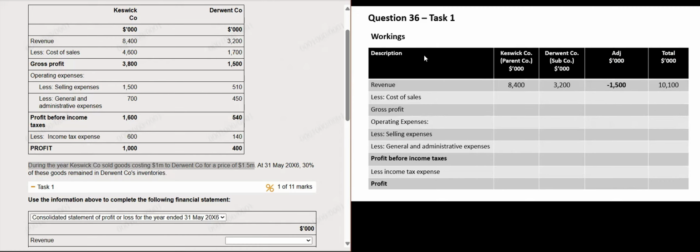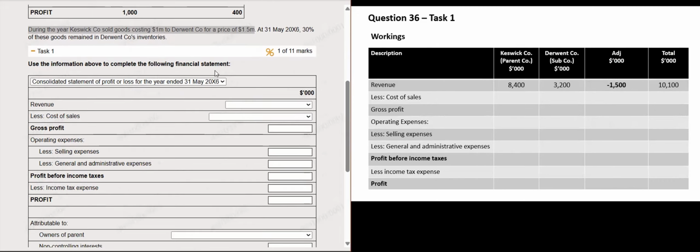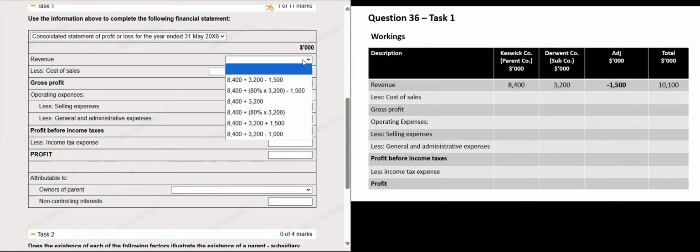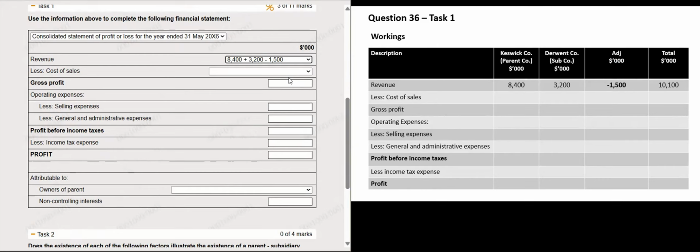Now, looking at our drop-down menu for our consolidated statements down here, let's see what we've got. The first option is 8.4 million plus 3.2 million minus 1.5 million. This 1.5 million that we are deducting is exactly the same amount as the intragroup sales. So the first option is the right option. Going back,